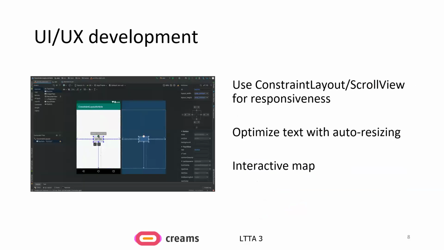Regarding the UI/UX development, we found that Android Studio provides excellent responsiveness using ConstraintLayout and ScrollView, because you can make layouts adaptable for all screen sizes. You should always keep in mind that not all screens are the same, and we will dive into it later. Enable auto-size text in TextViews to ensure proper scaling across all devices. Also, it's vital to enable map features like zoom controls and gesture handling when you want to create an app with a map like we did.